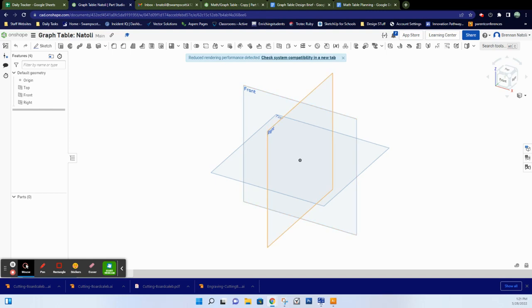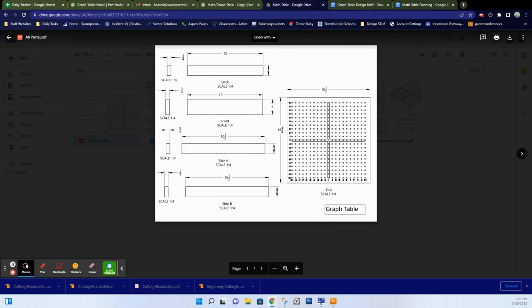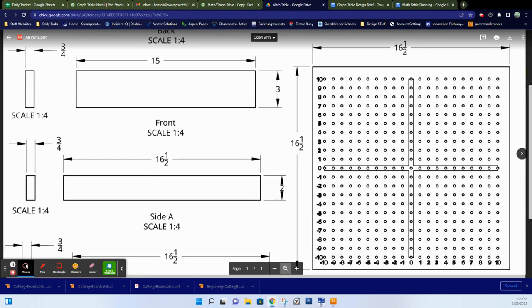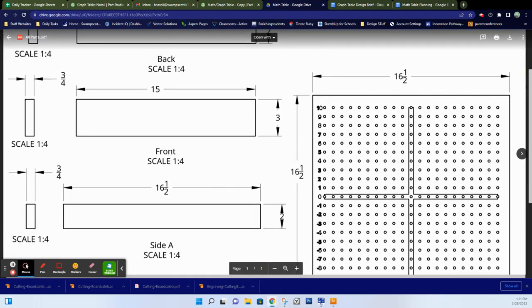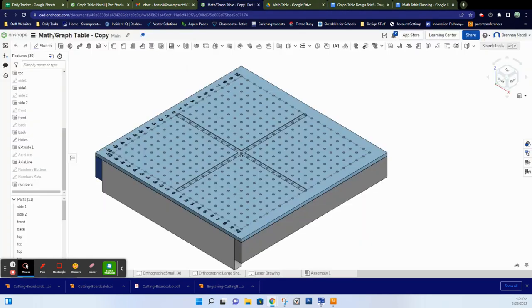Okay. So let's draw the front of the table. So I'm going to pull up the drawing here. We're going to draw the front. We know the dimensions, and I can zoom in. The front, it's 15 by 3 inches by 3/4 of an inch. So